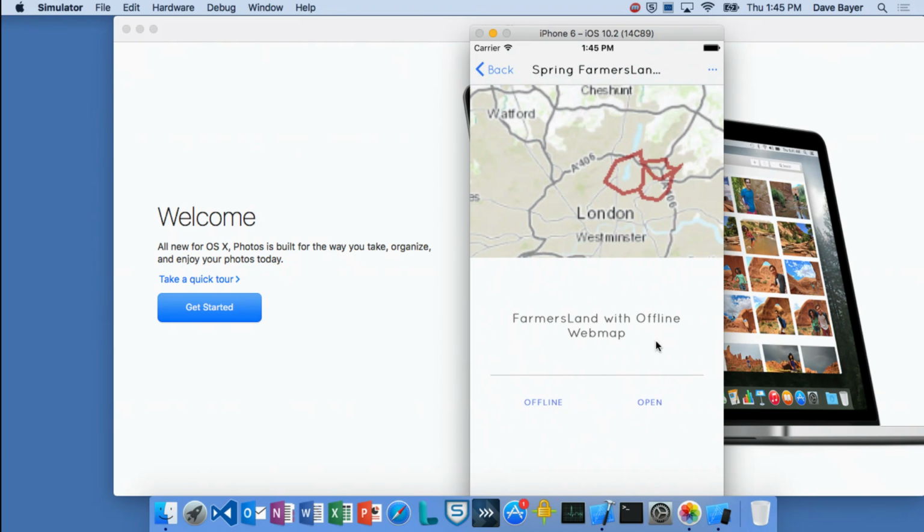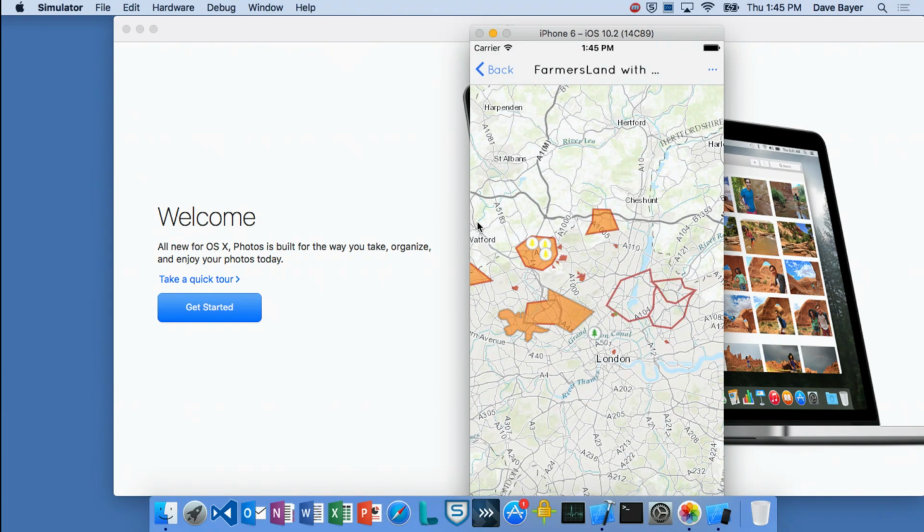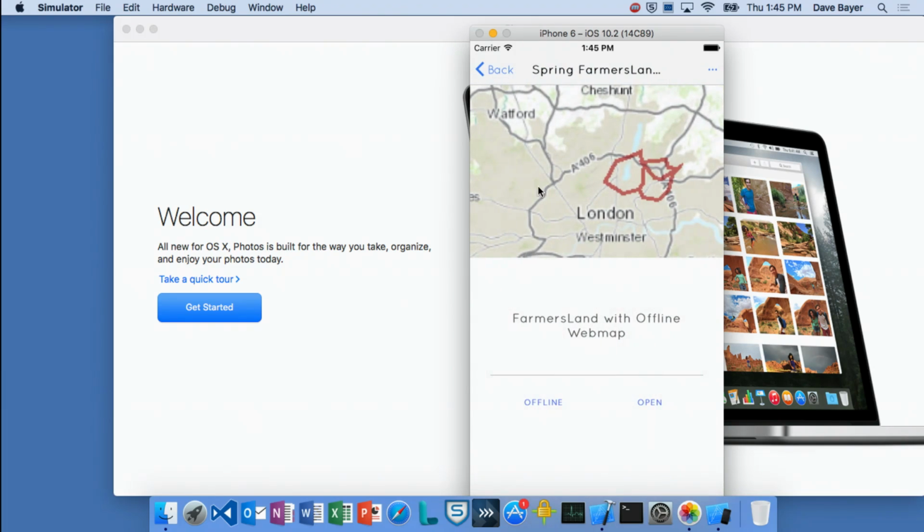If I choose this one and open it, that's just opening it up. And so that's all absolutely standard JavaScript API and so forth. But if I click to take offline,